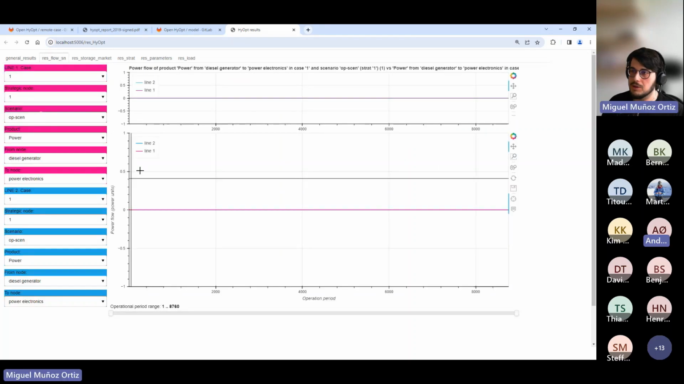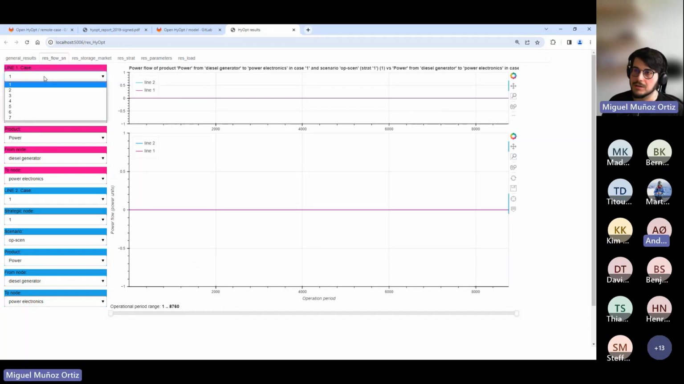Here we have flow diagrams. Here you can compare basically any flow of any case, and you have the pink flow and the blue flow, so you can compare two different flows. Let me make an example. We can compare, for example, the battery when we want to reduce 100%. No, let me see. We can compare how much